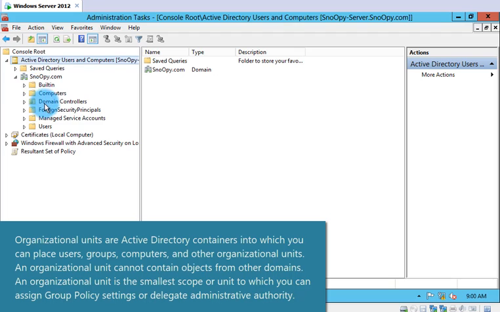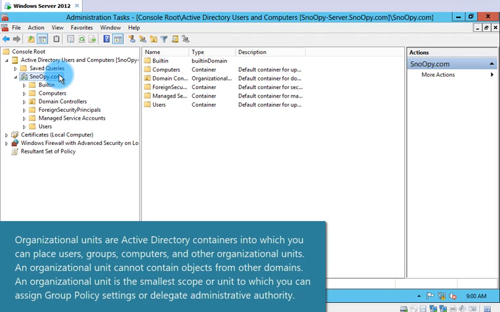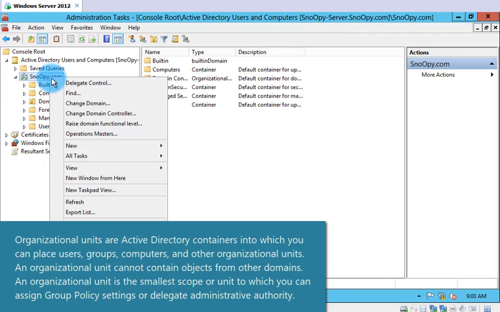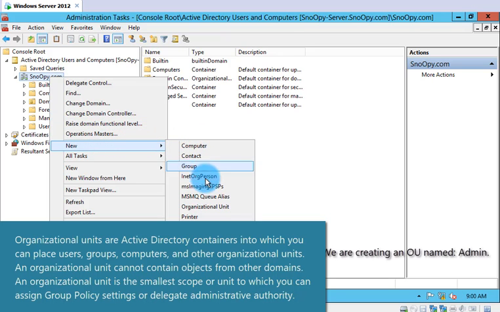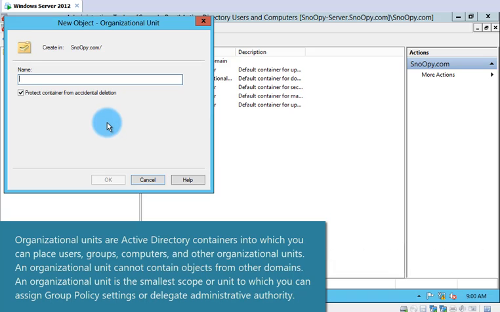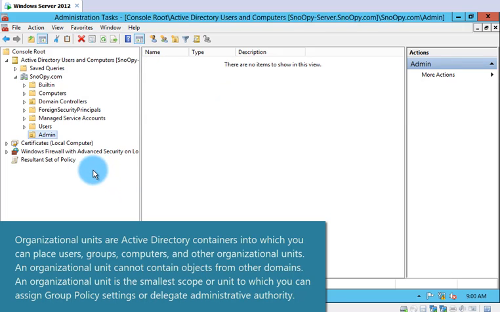Organizational units are Active Directory containers into which you can place users, groups, computers, and other organizational units. An organizational unit cannot contain objects from other domains. An organizational unit is the smallest scope or unit to which you can assign group policy settings or delegate administrative